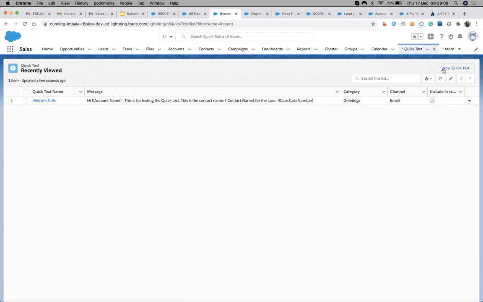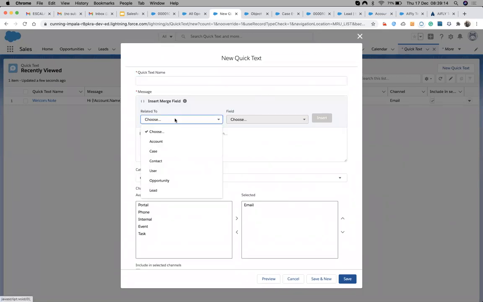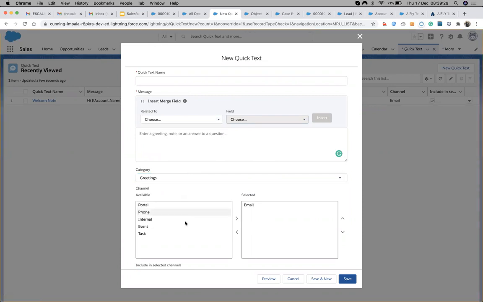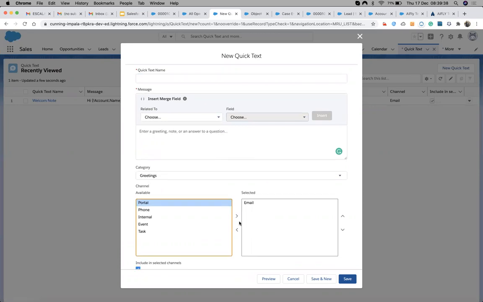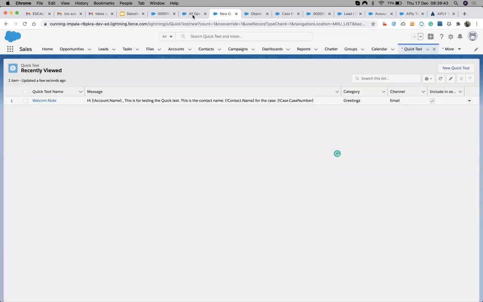If you want to create a new quick text, come up here and choose. Here you can find all the objects available for the quick text. You just choose the quick text and choose the field that you want, choose the category in which you want to store it, and choose where you want to make it available, either on event, task, internal, phone, or something like that. You can just make it available, and then just hit save, and you can just directly go up here